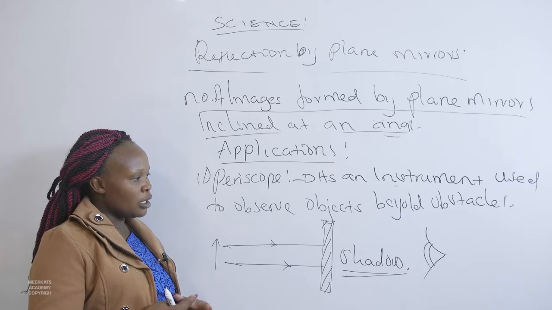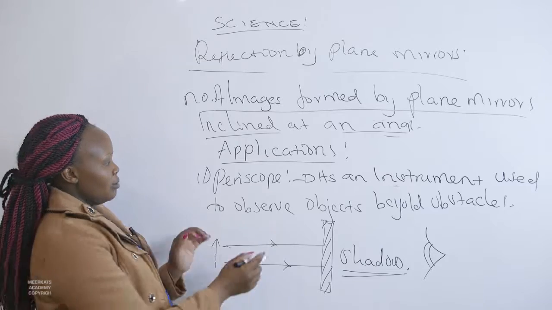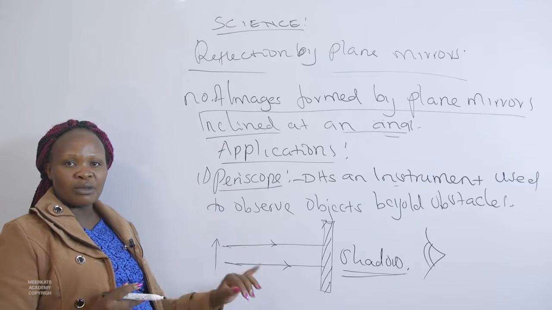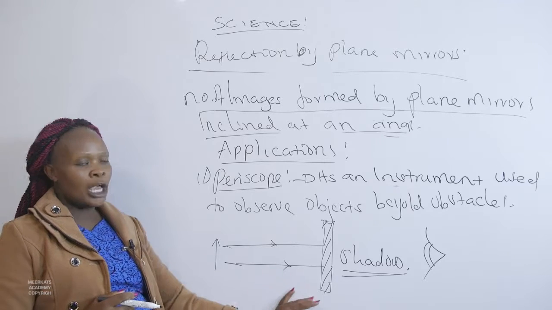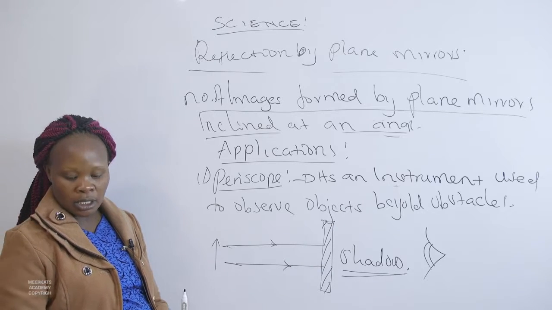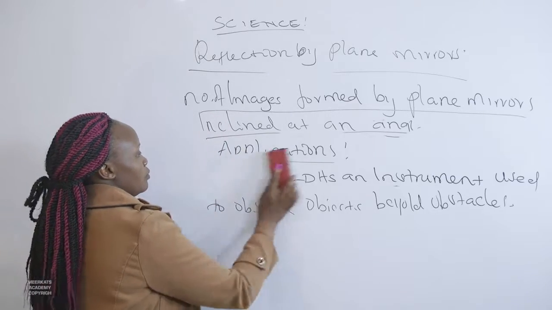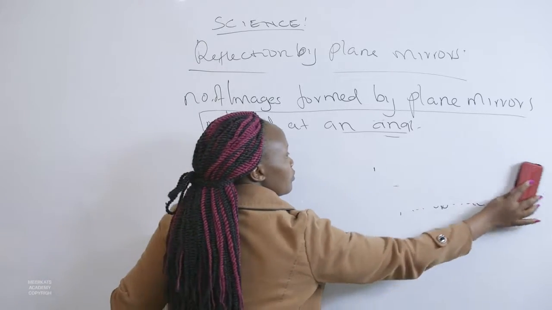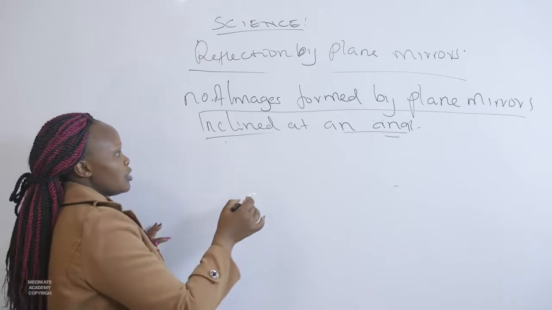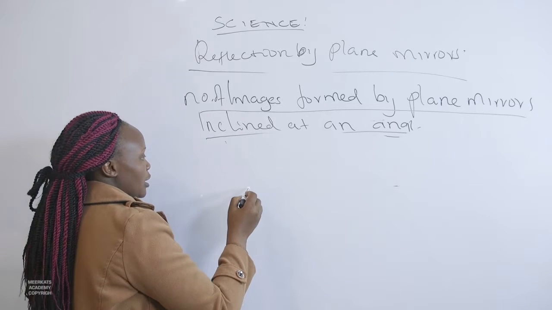And for that reason, we devise a way by coming up with an instrument that will make use of mirrors at an angle and observe something behind this particular obstacle, and takes into consideration mirrors that are inclined at an angle of